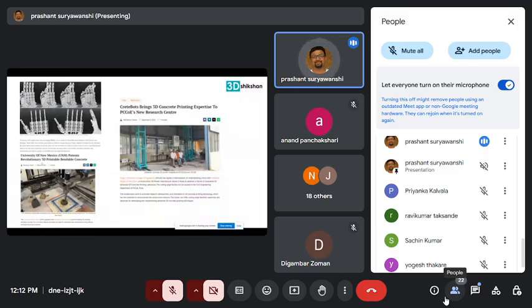And then this is very interesting. New Mexico has just filed patents for 3D printing bendable concretes. Usually we use steel reinforcement in the concrete. Going forward, I think that is not needed, because bendable concrete actually provides good strength. So that's where there is a lot of activity in foreign countries.